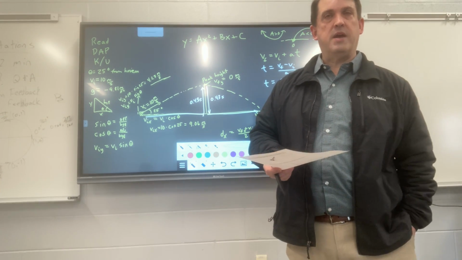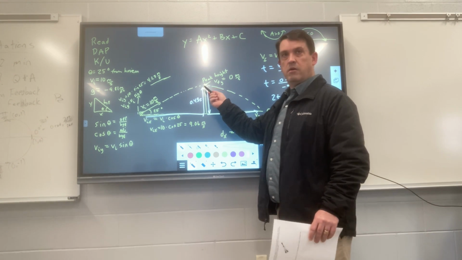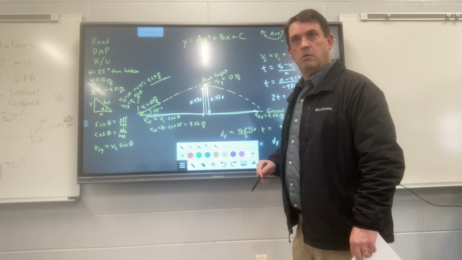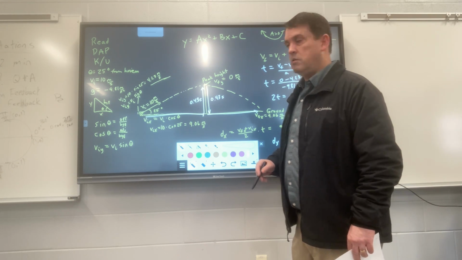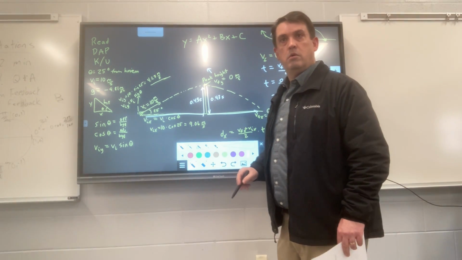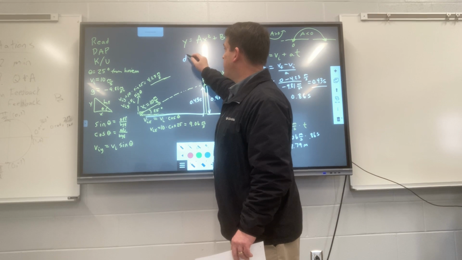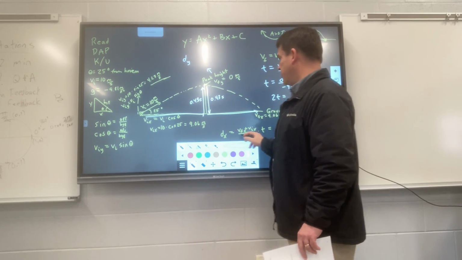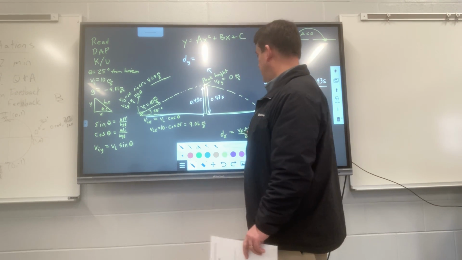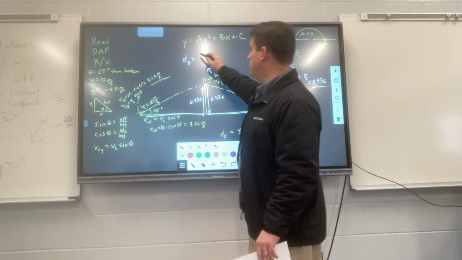Is there anything left to answer on that problem? Do we need to figure out the peak height? Yeah. Okay. So how would we figure out the peak height here? What formula would we use? V initial plus V final over 2 times time. Well, let's solve it for dy, right? We already had it here for dx. So we're going to do what? dy instead of vf(x), v final x, plus v initial x. We're going to do